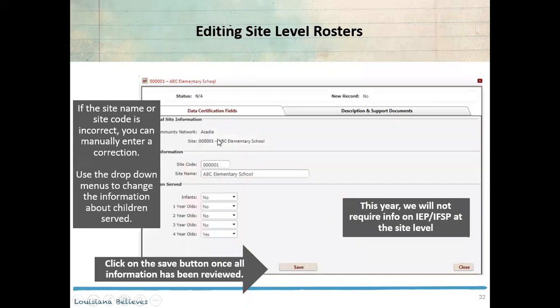So let's say that you look on the community network in the site and you see that either the name or the code is incorrect. You can manually enter a correction below. That doesn't necessarily mean that this is totally set, we'll review this and we probably will have questions for you about that because we expect that our